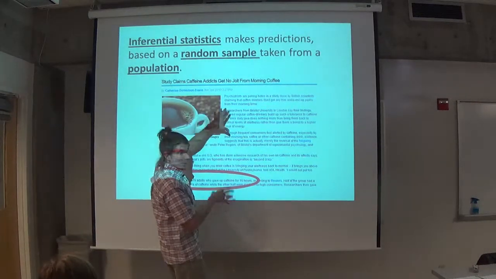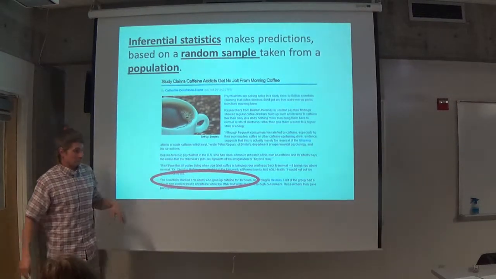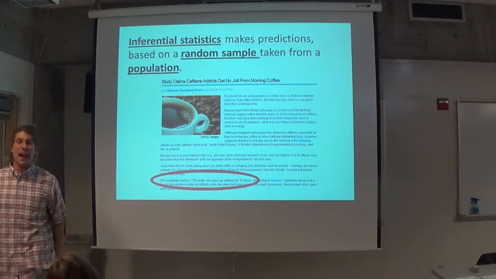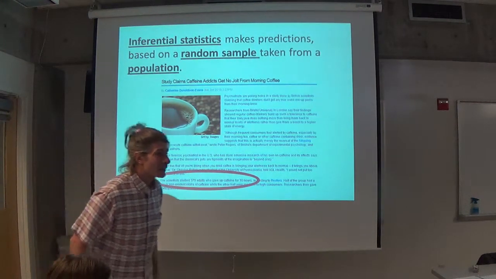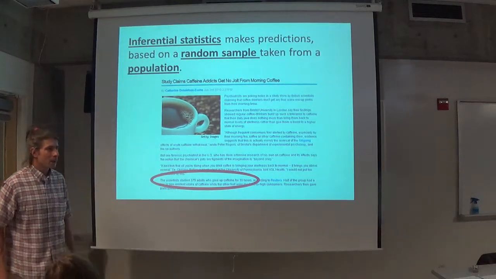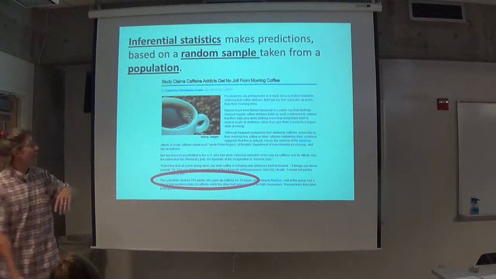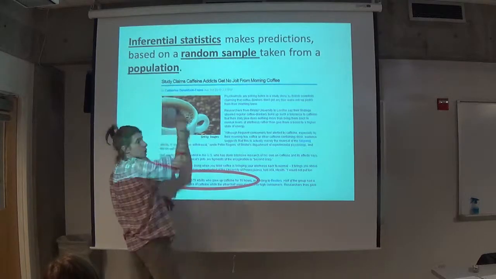So I want to be able to get this data from caffeine addicts. I'm going to go out and find every caffeine addict I possibly can until I get them all. Yeah? No. All right. Is that a random sample? No, I'm not going to do that. Why am I not going to do that? Tell me your name. You can't get them all. Carolyn. Carolyn, I can't get them all. Why? There's too many. Exactly. This is generally too big to count.